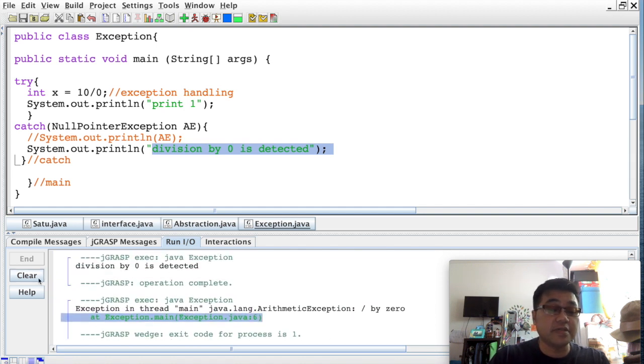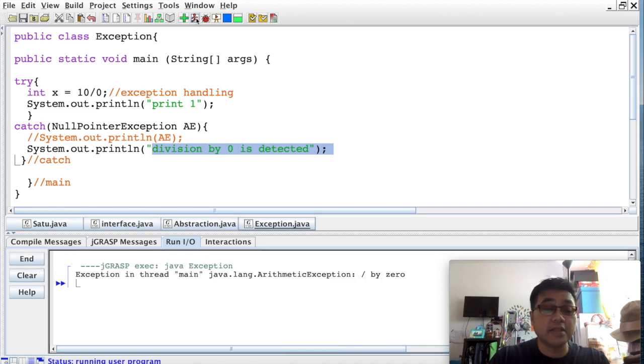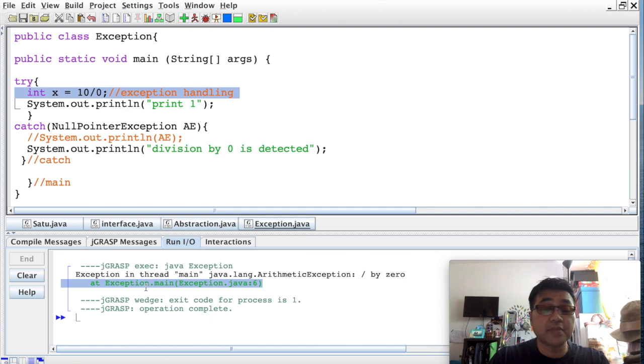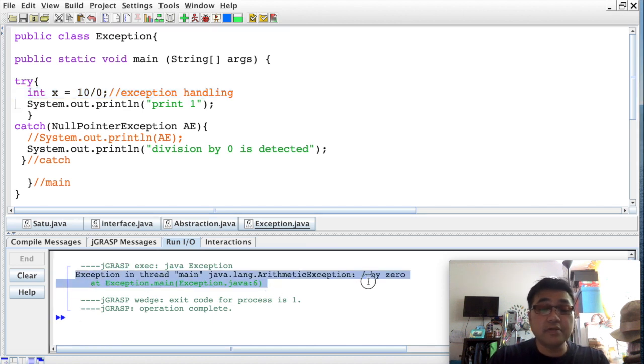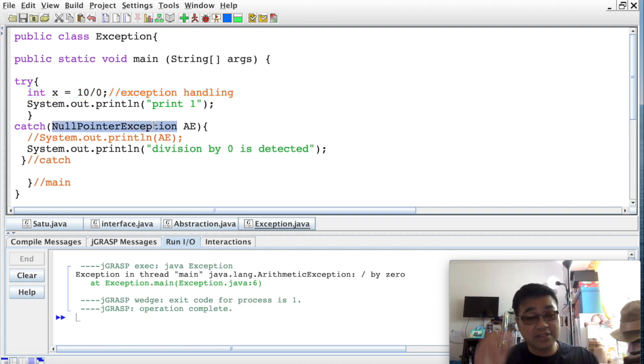This is the previous one. I clear that one first. So if I run that, all right. If you look at the output, it will not print this, because this exception is not a null pointer exception. These null pointer exceptions can only detect if something is wrong with your array. So if you are trying to look into all potential errors for the array